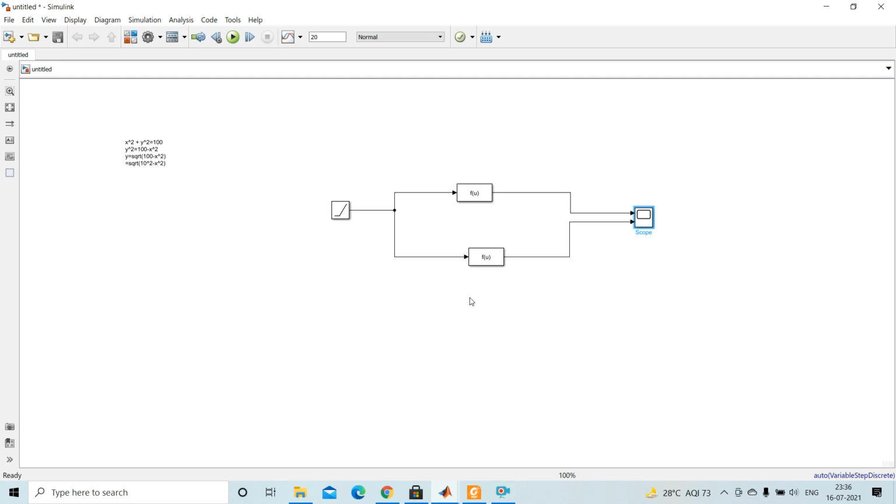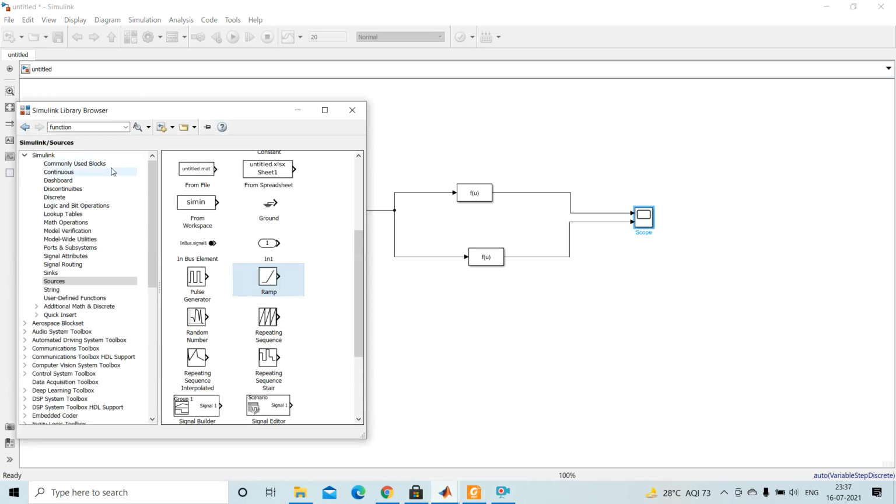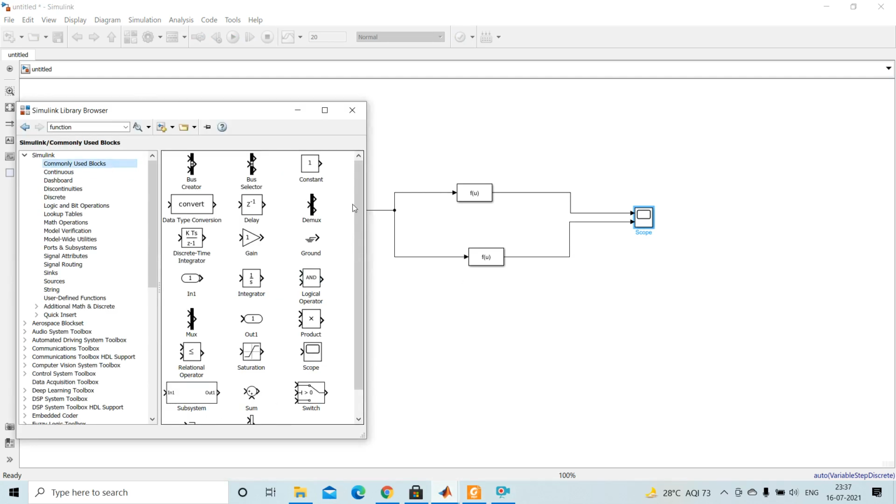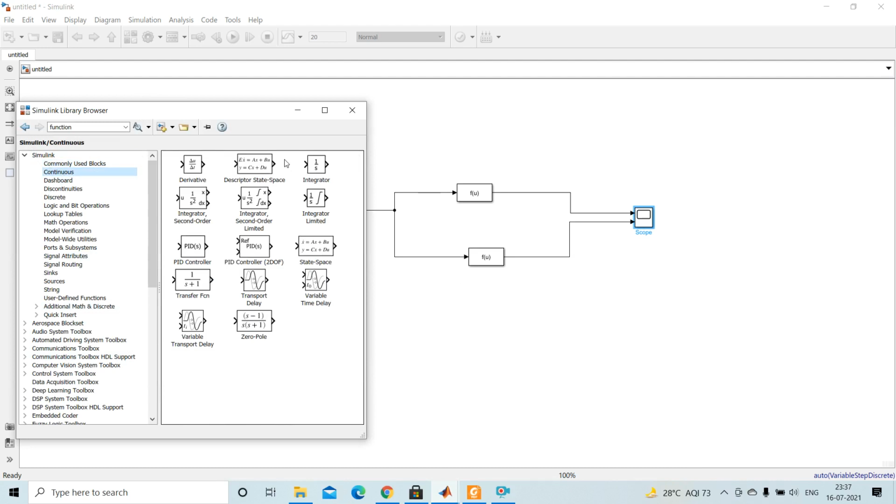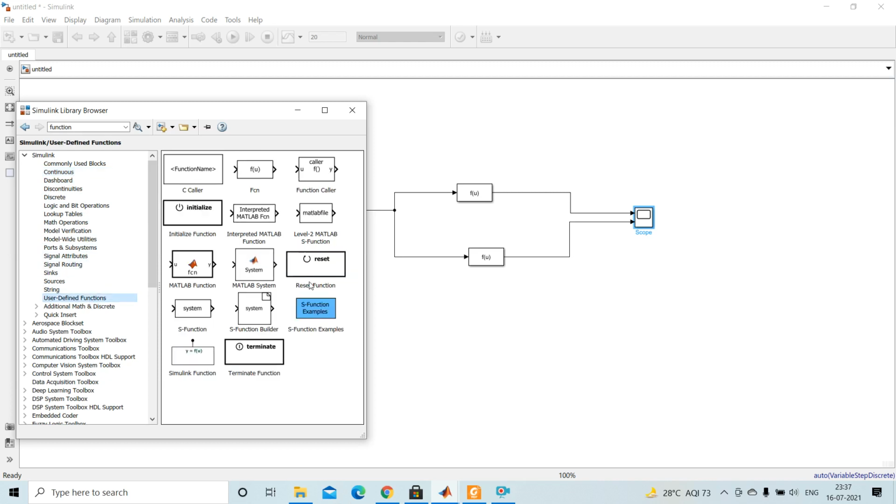Okay, so in this experiment you are able to know about the different parameters under commonly used blocks, under math operation, under user defined function, under sources, under sink. These are the blocks which we are using to perform different simulations. These are the block parameters under continuous, and under user defined function, this is the function we are using here.